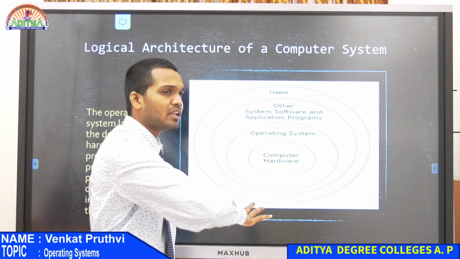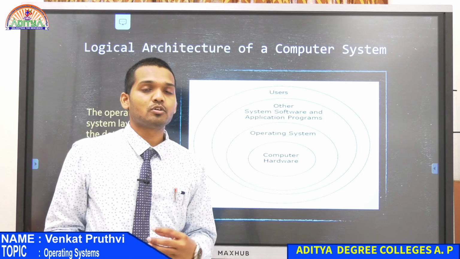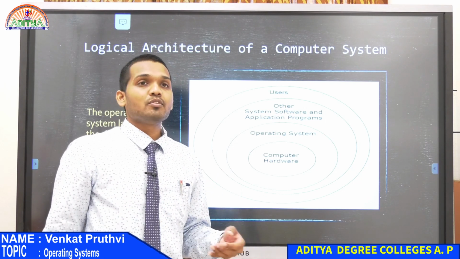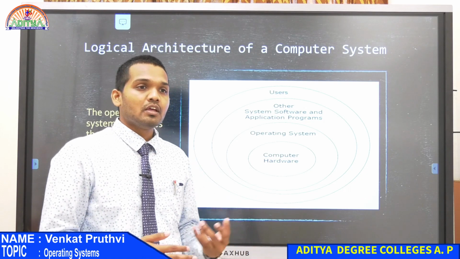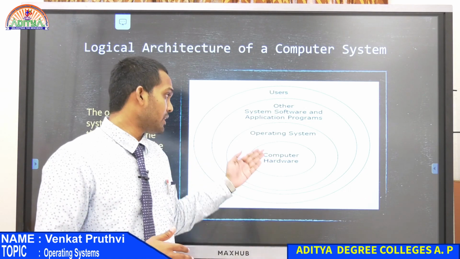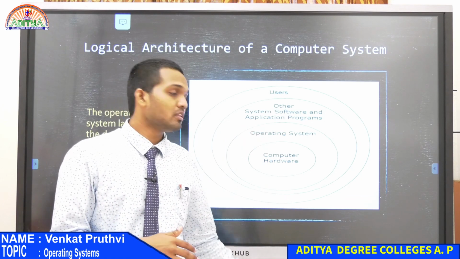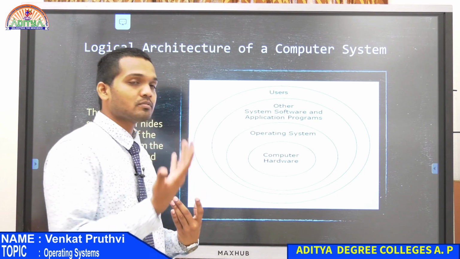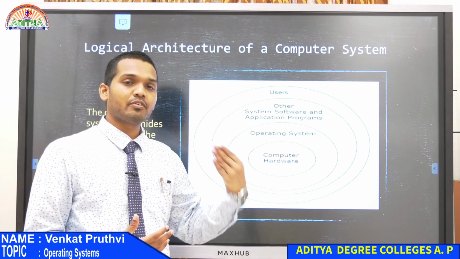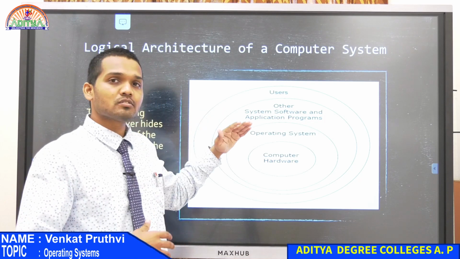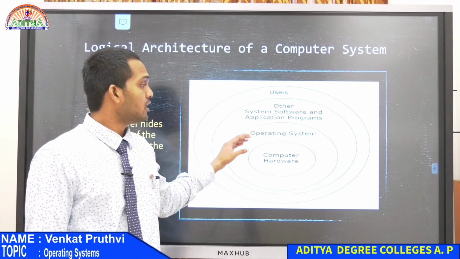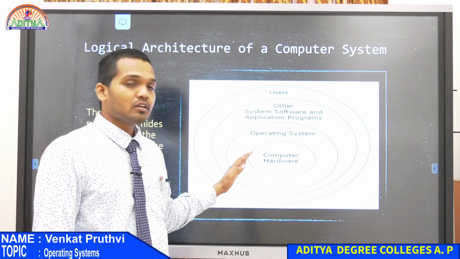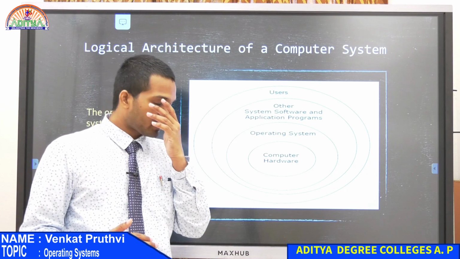Even though you might have very good computer hardware, you have bought so much efficient or costly computer hardware with high specifications, but if you put a very bad OS or a very inefficient algorithm operating system on that computer hardware, that wouldn't be able to give you the best output for you. So in order to have a very efficient output or performance in your computer, you should always think about both of them, the software as well as the hardware. Both of them go hand in hand. Without one, the other would definitely not be up to the mark.